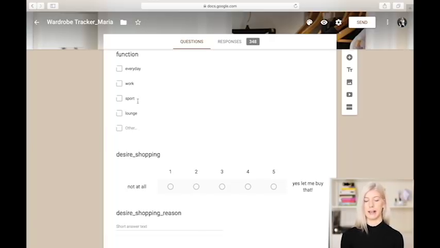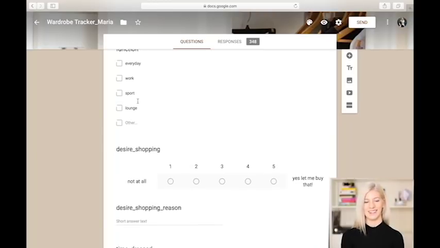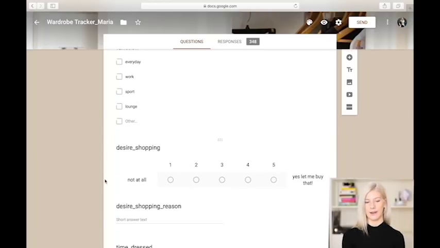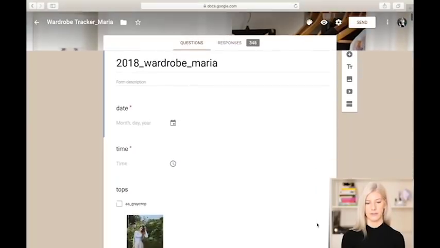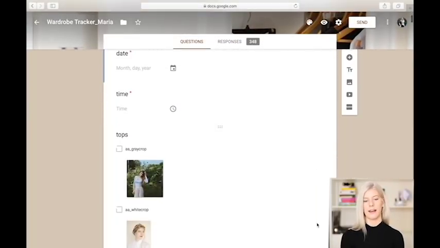Sport, which basically just means gym. I don't do any sports, I just go to a gym. Or loungewear. Then I also include some other matrix measures that I think would be interesting to analyze. So I will complete this for every outfit. So for example, let's say I go to work and then the gym, I would complete 2 survey responses for